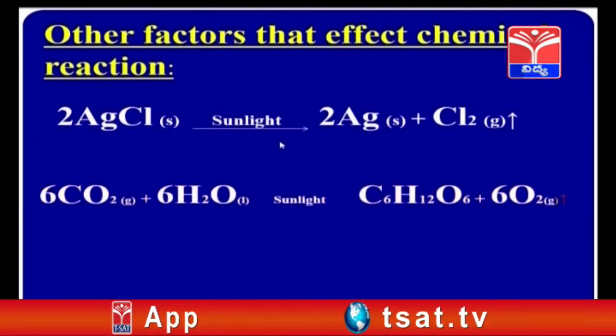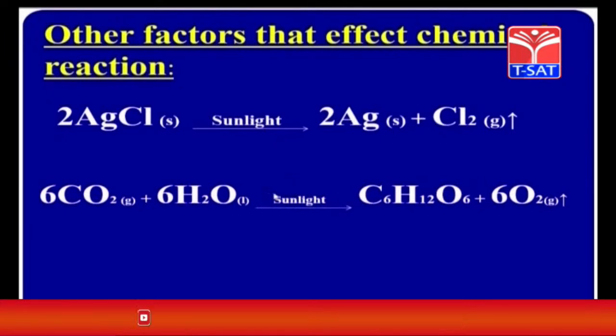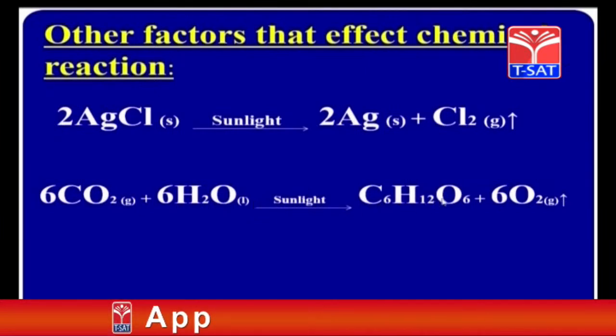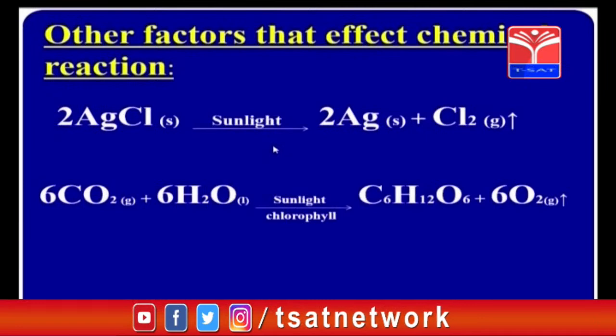And one more example which is familiar to all, photosynthesis. The photosynthesis reaction also takes place in the presence of sunlight. Here 6CO2 plus 6H2O gives rise to C6H12O6 plus 6O2. This reaction also takes place in the presence of sunlight in chlorophyll. These reactions take place in the presence of sunlight, that is why they are said to be photochemical